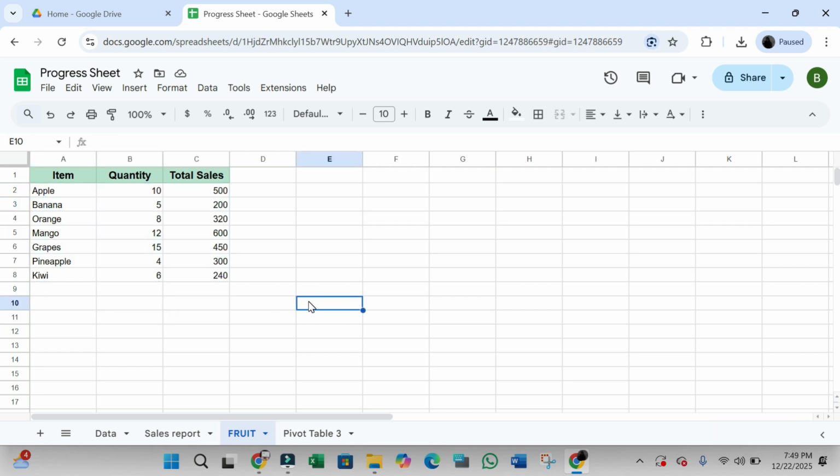Let's move to the second method. Remove duplicates automatically using a formula. Click on a new empty column where you want the clean data and enter the formula: equals UNIQUE